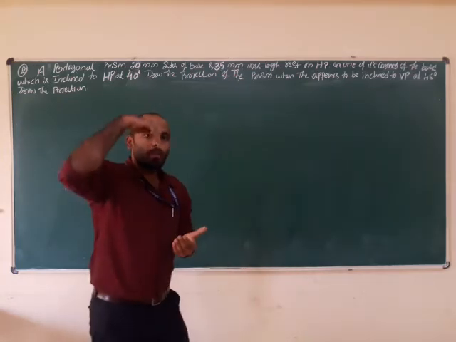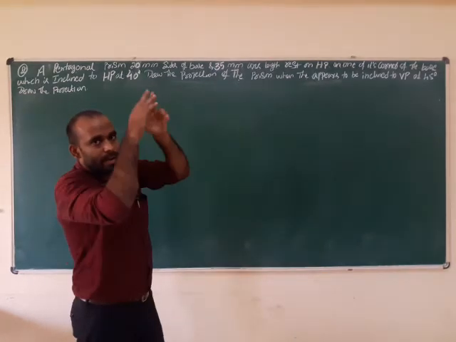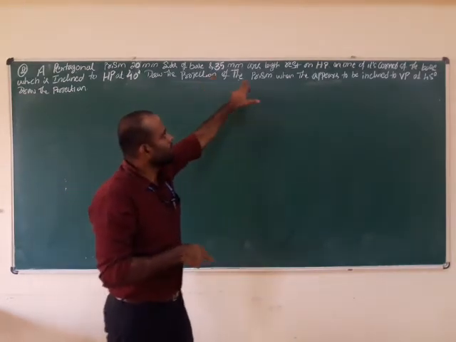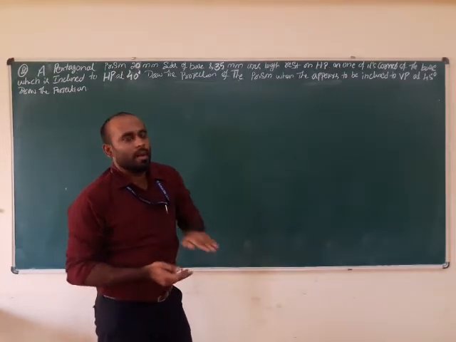This means from the top you see a pentagon with a side of 20 mm, but in the front view it looks like a rectangle. The rectangle height is 35 mm. It is resting on HP, the horizontal plane. You have to write this below the xy line.